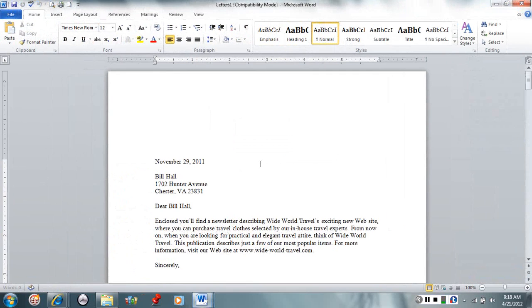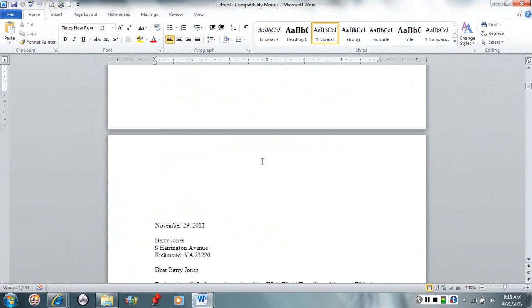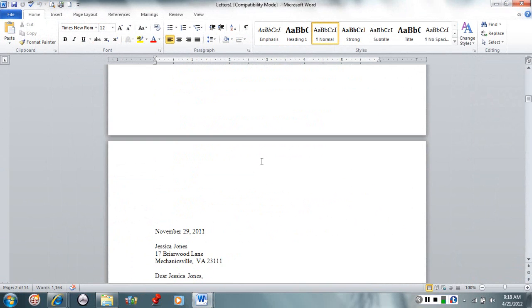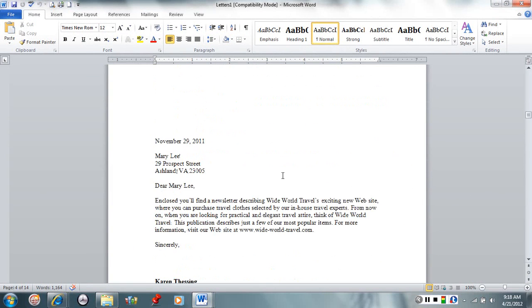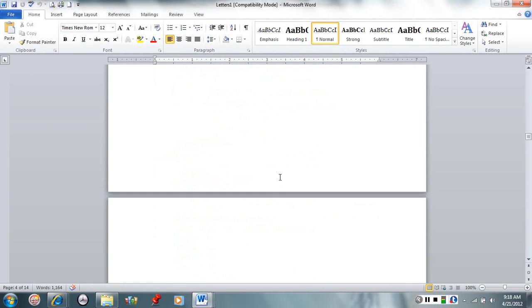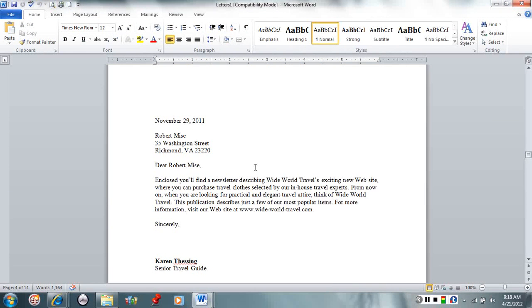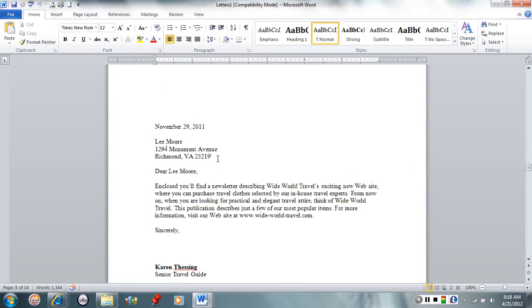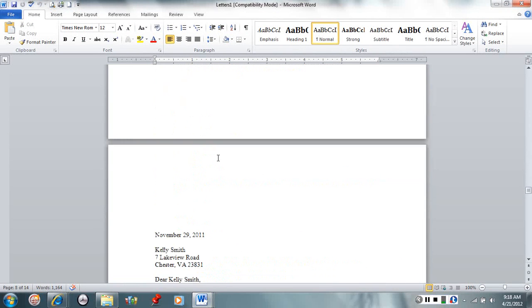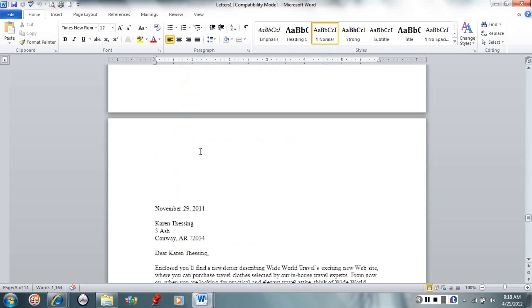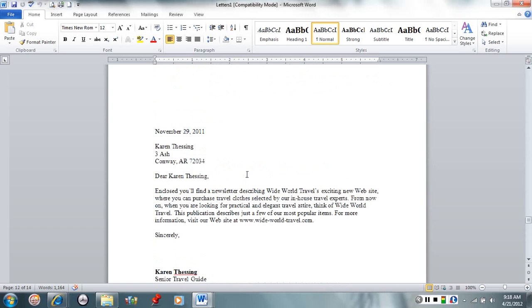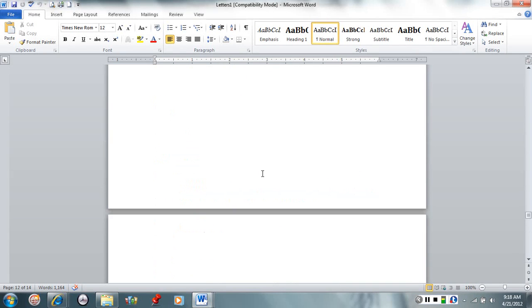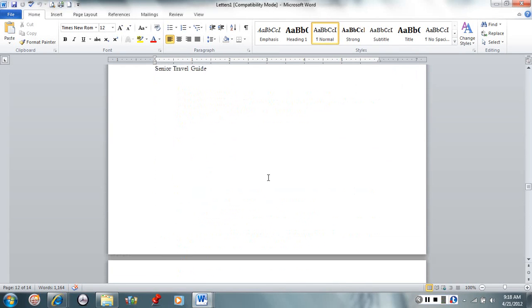Click on the OK. And now when you scroll through here, you should see it looks like 14 letters. They should be in alphabetical order, and one should be addressed to you. So your name should be in here in the address block. And if you scroll through here, and there I am. So just scroll and make sure you have 14 letters, and that one is addressed to you. Now we're going to